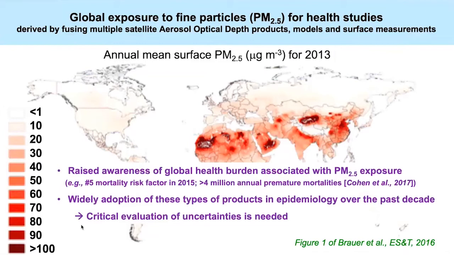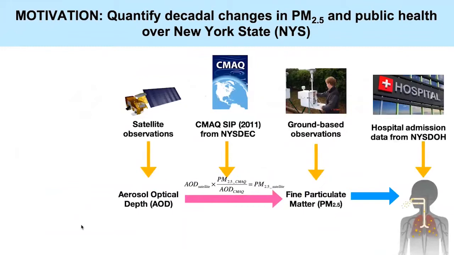However, in epidemiological studies, the typical approach involves selecting a single product, and it's not very clear from those studies what some of the uncertainties are in the choice of product. That was becoming clear from questions that we were getting from our stakeholder partners and led us to propose our investigator project focused on New York State, in part because that's where our stakeholders were, and also because we have a wealth of information available there in terms of evaluating uncertainties in PM2.5 all along the steps that are involved in going from what's observed from space, which is the light extinction in a column due to the presence of particles or aerosols, to what we care about from a health perspective, which is the fine particle concentrations that are being breathed in